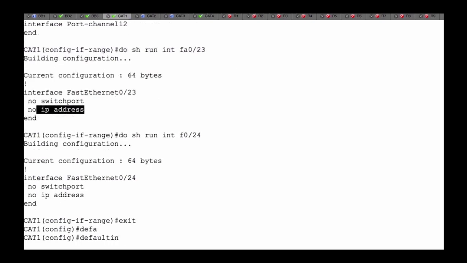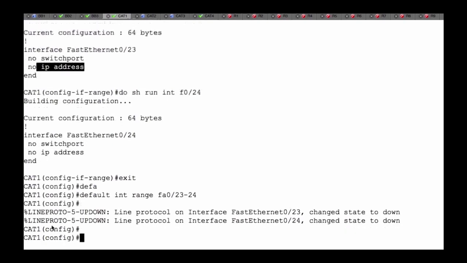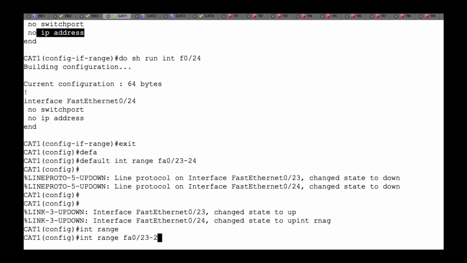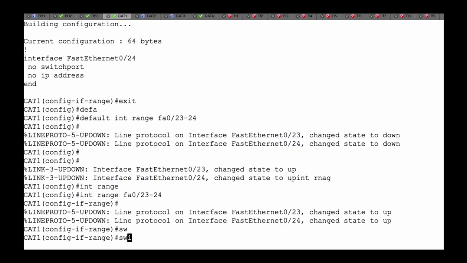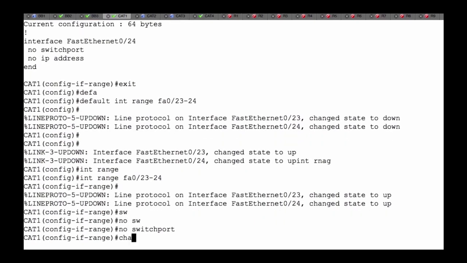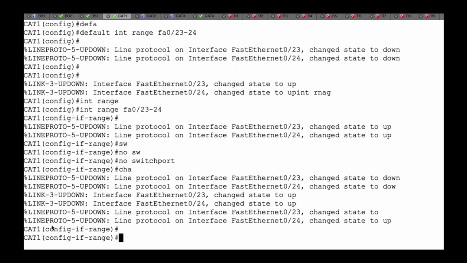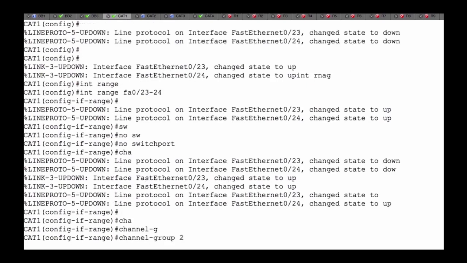Default interface range Fa0/23 to 24. They're defaulted. Interface range Fa0/23 to 24. The way I do it is I would type no switchport. And I'm going to give them another number because I don't want to use the one we have. I'll say channel-group, and we'll say 21, mode active,